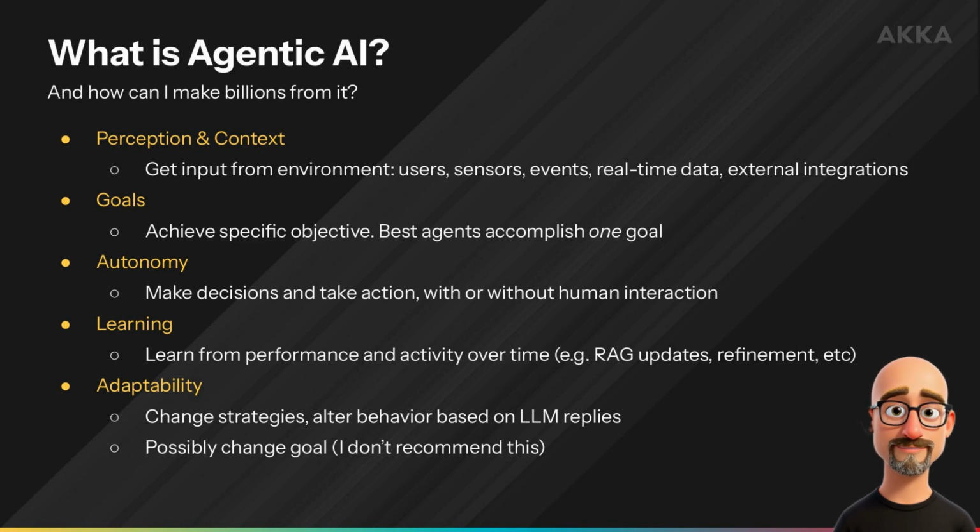Last but not least, we have the concept of adaptability. Agents, or more typically agent orchestrators, can change their goals and strategies. They can dynamically choose the best models for a given task, and agents can even be used to plan out how other agents are going to be used to solve problems.